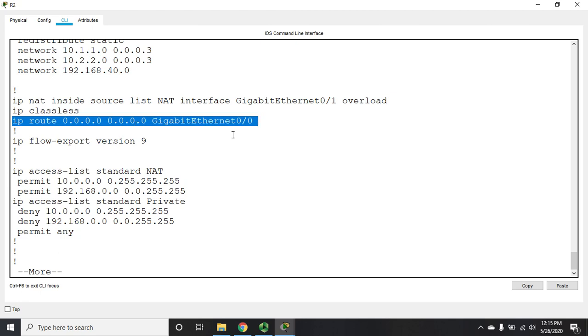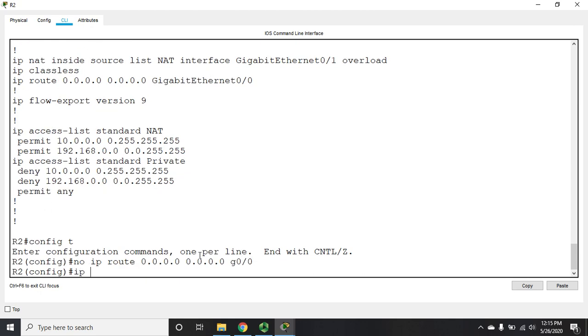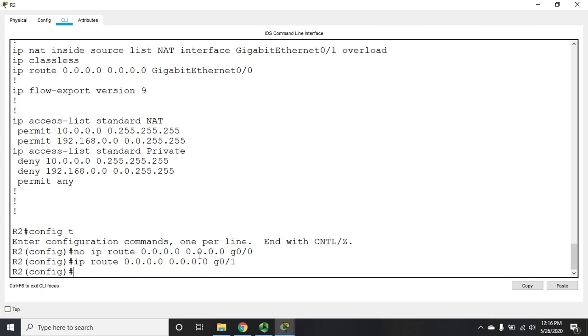The default IP route is going over gigabit Ethernet 0/0. That's wrong. My outside interface is gigabit Ethernet 0/1. So config t, no IP route through G0/0. Instead, I want the IP route over G0/1. Now, I don't like doing this, especially over a gigabit Ethernet line. I really don't like doing that. I would rather use the next hop address. But